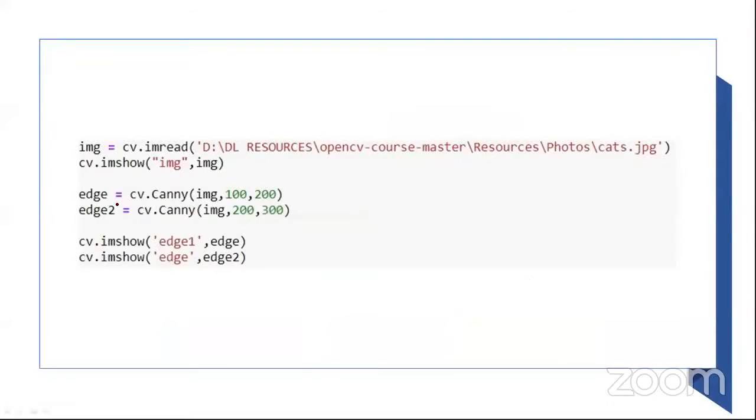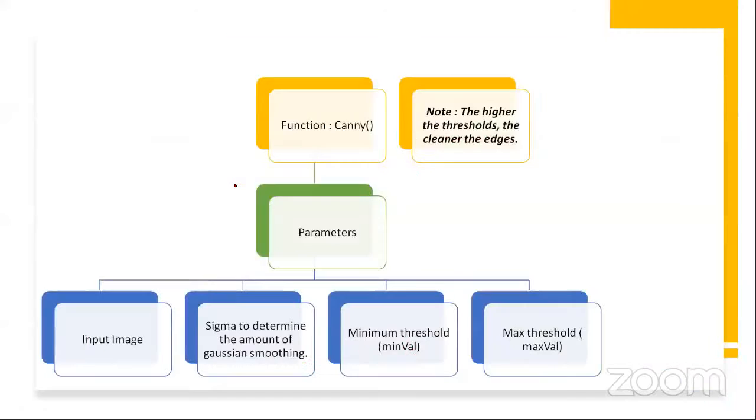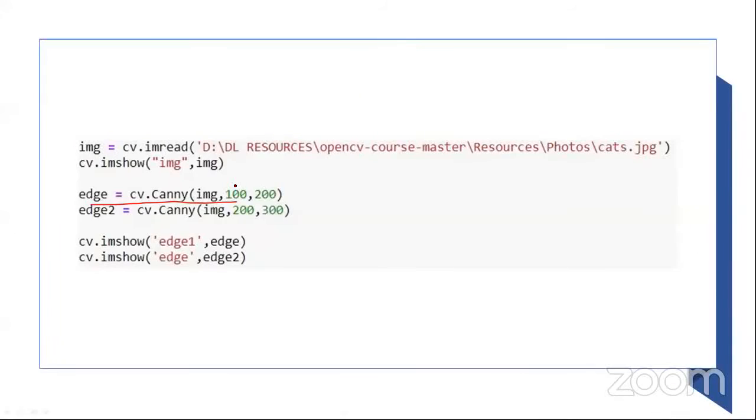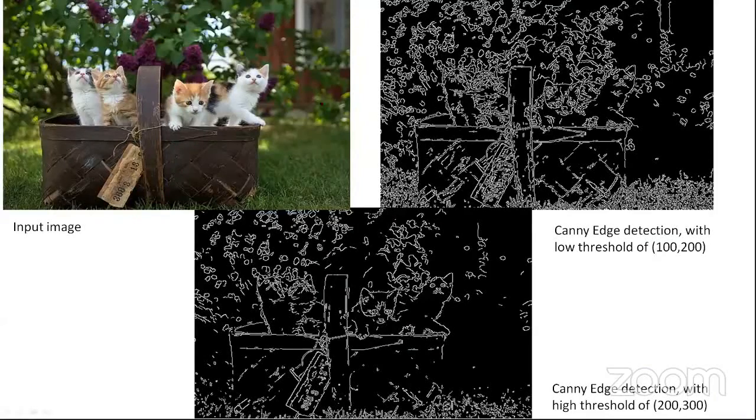So this is how you can implement it. Basically, it is one line of code, cv.Canny. This Canny will implement all the 4 things in a single shot for you. So this is the image, and this is how an image looks after Canny edge detection. We use lower and upper thresholds of 100 and 200. If we increase the threshold, we easily get rid of these low frequency edges, and it can focus more on our foreground.